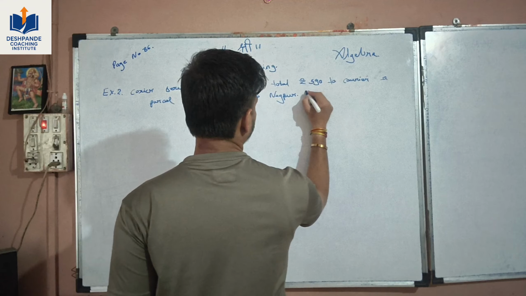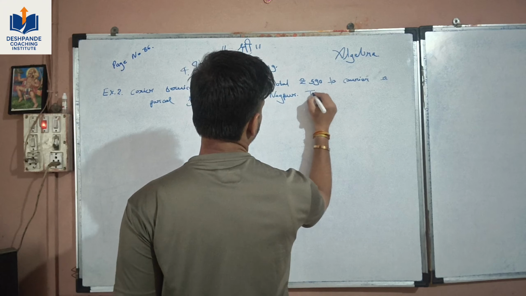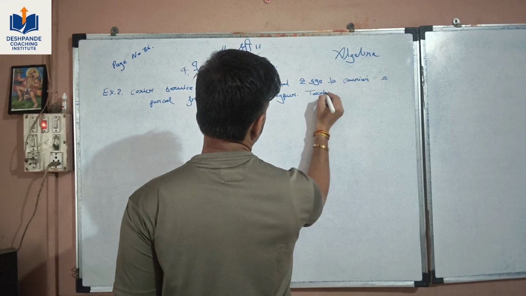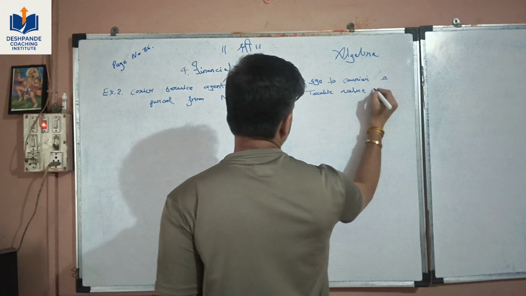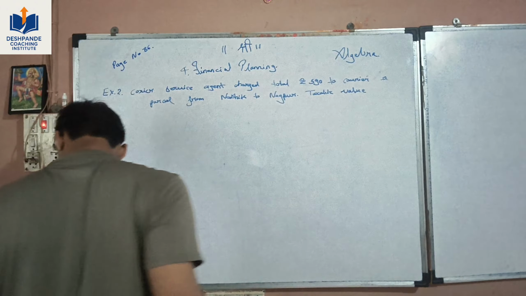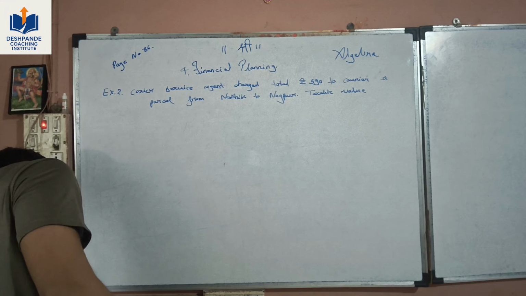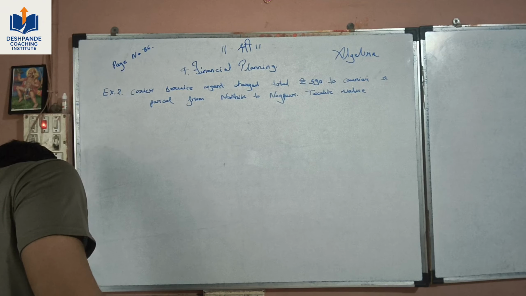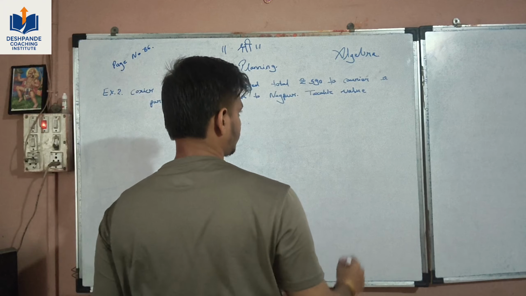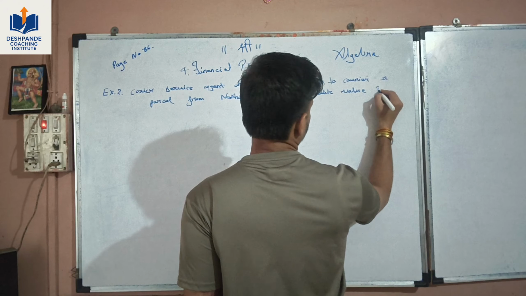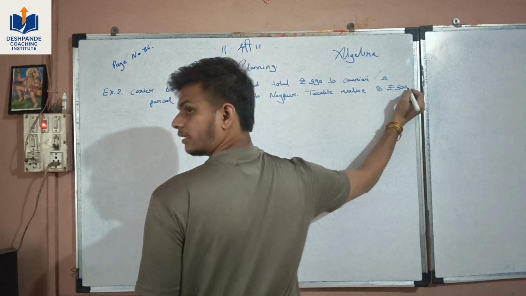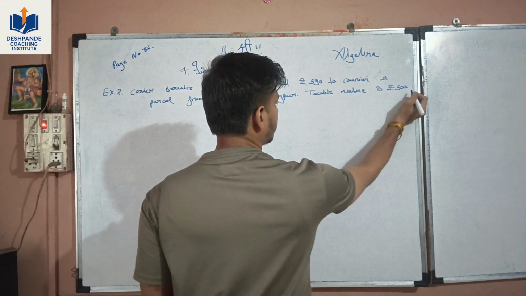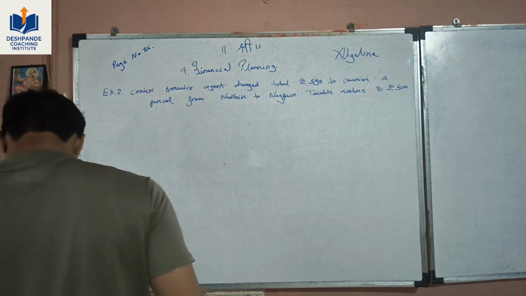I will write directly, not writing the whole question. Taxable value is rupees 500, on which